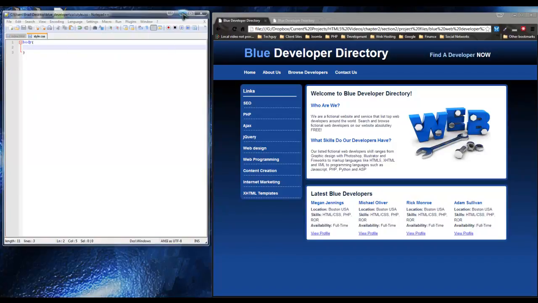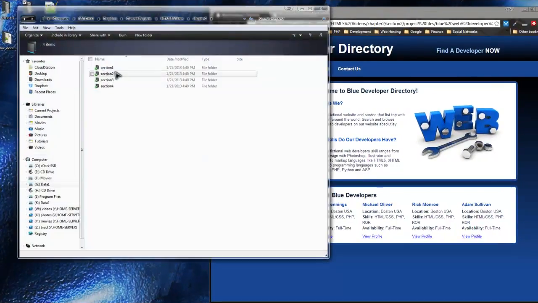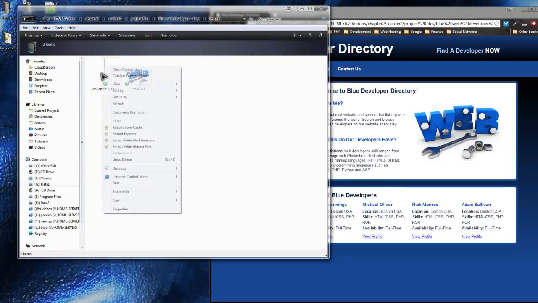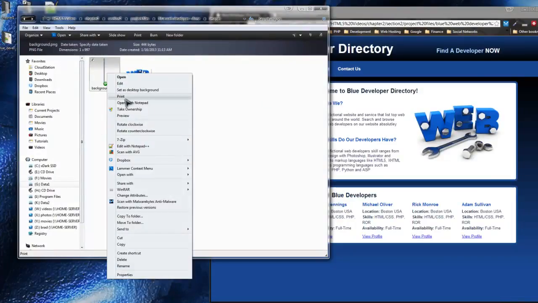So what I want you to do is go to your project files, section 2, project files, go to the done folder, and in the images folder you'll see an image called background.png, and if I show you that, this is the image. It's 1 pixel wide. The gradient is all there, it's just so thin that you can't see it, but like I said, if we repeat it you'll be able to see it. So grab that, copy that,